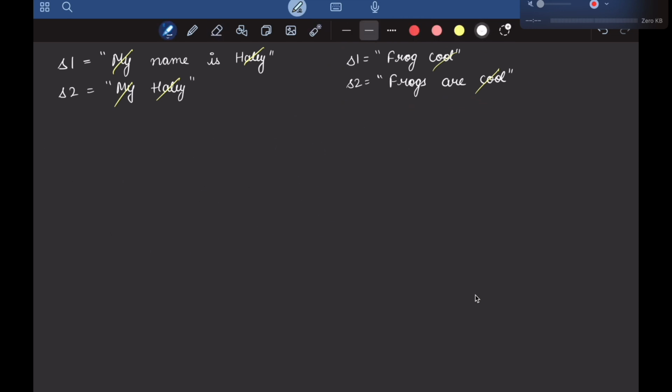Now let's talk about the logic of splitting this sentence into words on the basis of space. See, if I am at a space, then whatever characters are present before that space, that is one word, right? Then again, if I am at this space, then whatever characters are present here, this is one word, right? On the basis of this, I can split this sentence into words.